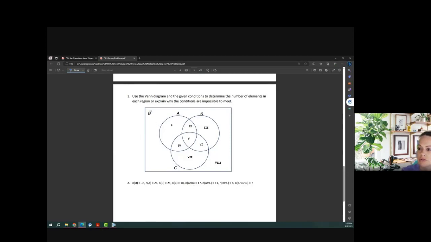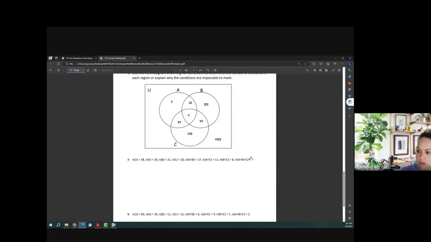All right, number 3, use the Venn diagram and the given conditions to determine the number of elements in each region or explain why the conditions are impossible to meet. So they give us all of these conditions. They tell us that the number of elements in our universal set is 38. We have the number of elements in A, B, and C, and then we have the number of elements where those sets intersect. So the Roman numerals represent those different regions, and we want to find the number of elements